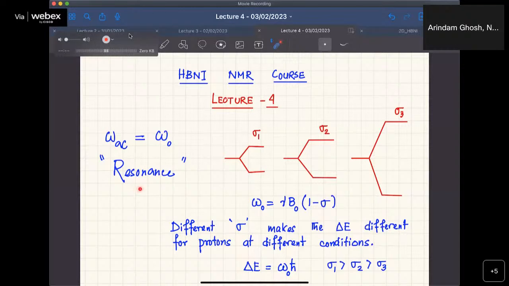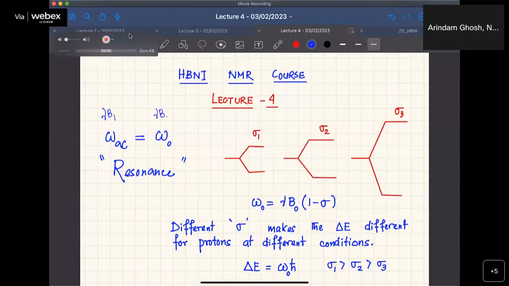So the most important thing that is going to be here is this concept that we had this resonance, correct? This is something that we have found out last class, that this omega AC, which is the gamma times B1. So this is a gamma times B1, and B1 is the small field, which is the RF field, radio frequency field. That is omega AC, and that should ideally be equal to the Larmor frequency, which is gamma times B0,